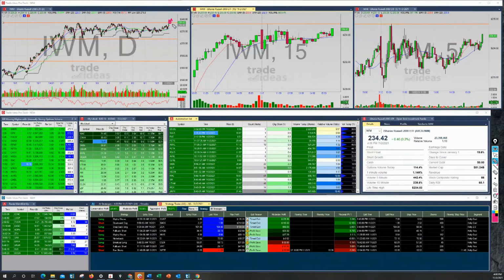Or is this a whoopsie where we poke through it, come back down, and this continues to be a range and resistance? Nobody can predict these things, but this is what we set up. This is what we look at now. And these are your small cap stocks. So this is how we start to decide, are we going to play our small cap stocks? I think there's more of a bull case to be made in the IWM than a bear case. And that bull case comes from this.